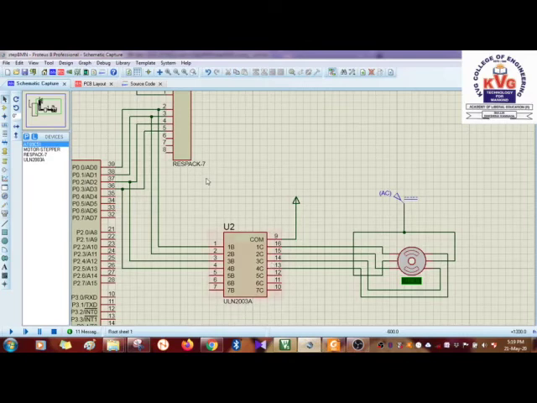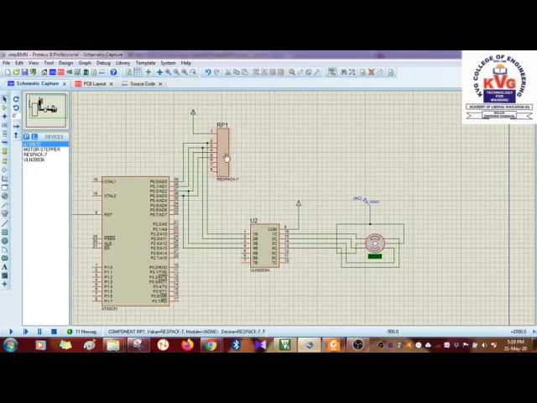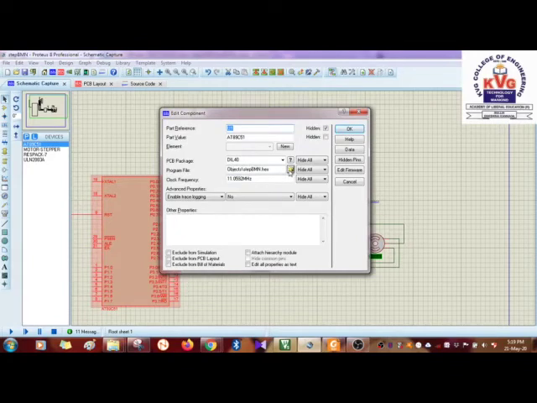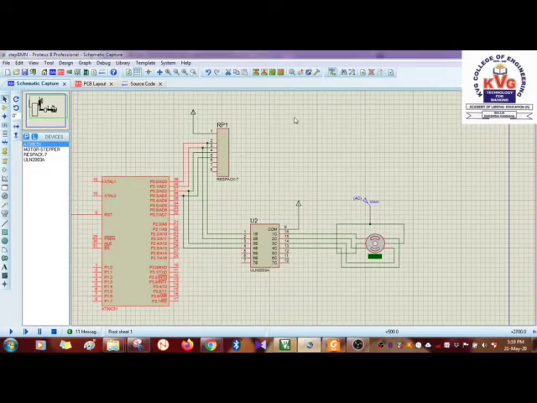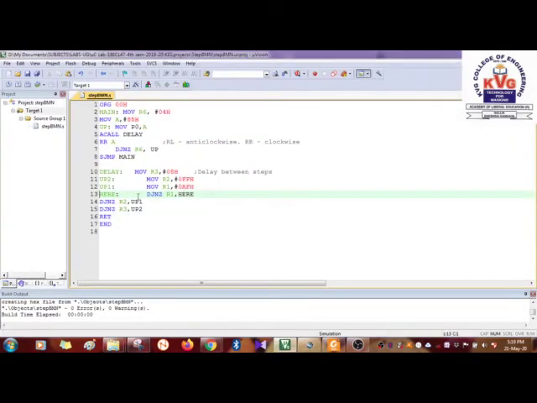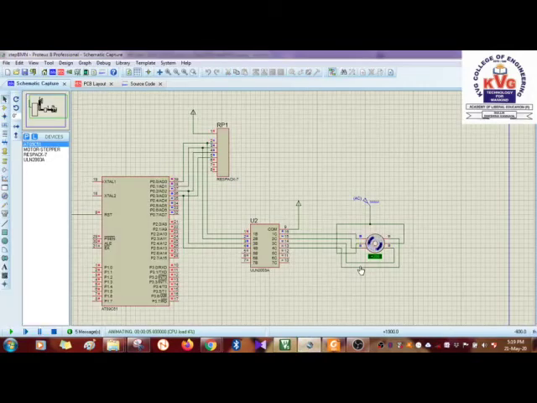Go to Proteus. Now I've connected a resistance pack here because we need a pull-up resistance for port 0. We are using port 0, so we need a pull-up resistor. Now when we make sure that we've given the proper path, okay, say OK and simulate it. Since we had given RR here, that is why it is rotating in clockwise, and the plus sign indicates that it is clockwise.